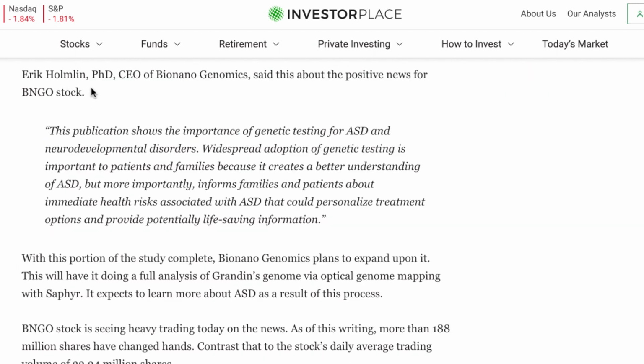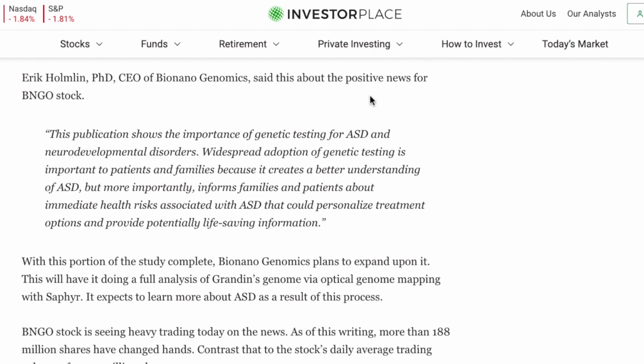Eric Hollenbeck, PhD, CEO of bio-nanogenomics, said this about the positive news for BNGO stock, quote, "This publication shows the importance of genetic testing for ASD and neurodevelopmental disorders. Widespread adoption of genetic testing is important to patients and families because it creates a better understanding of ASD, but more importantly, informs families and patients about immediate health risks associated with ASD that could personalize treatment options and provide potentially life-saving information." Professor Temple Grandin is actually quite famous, and I believe this is part of the reason why